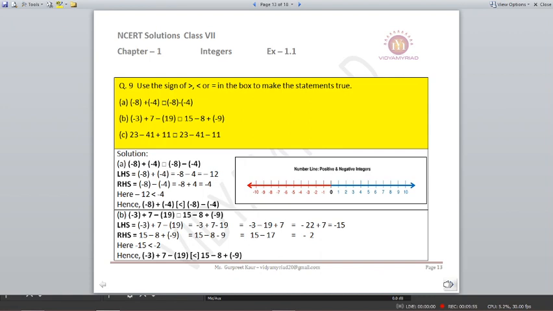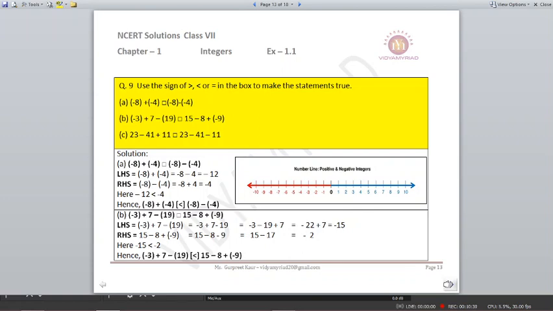Now look here, you are given the equations and we need to put the greater than or less than sign to see what the answers are. In order to solve these questions, just think of a number line in your mind, or you can draw it in your rough work like I have shown you over here. Just remember a few things. If the number is positive, that is the blue line. So as we move further, positive numbers say 10, 20, 30, 100, 200, 500, whatever.